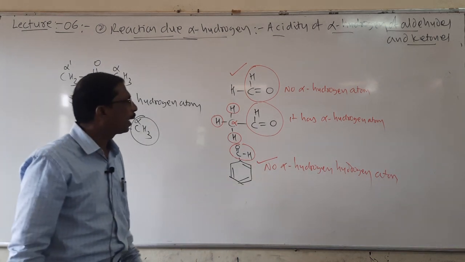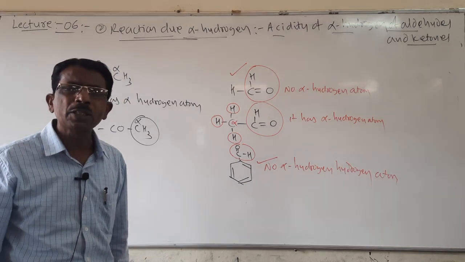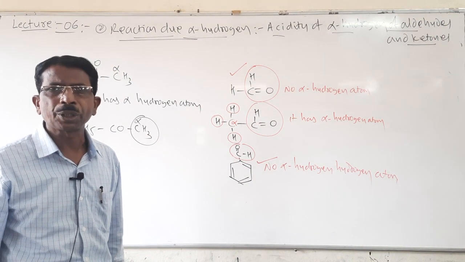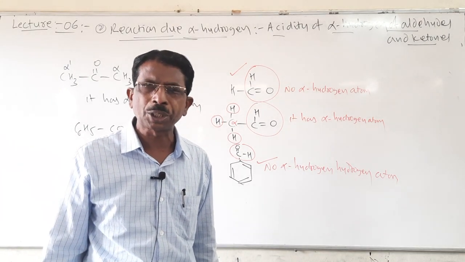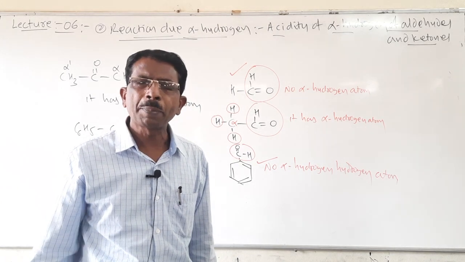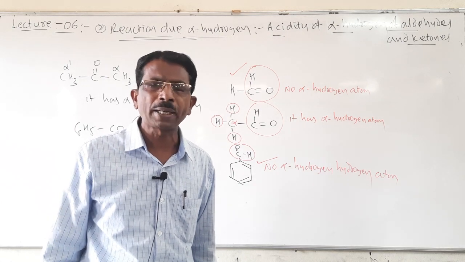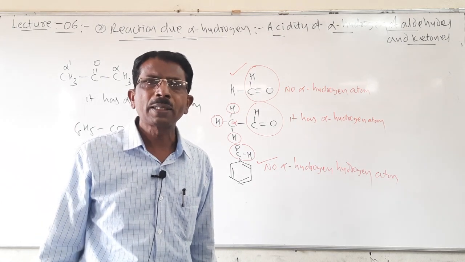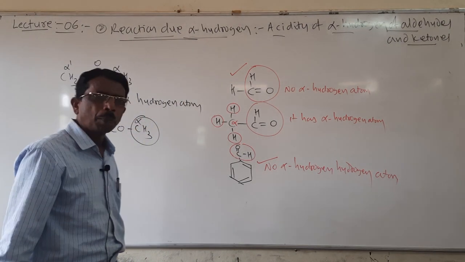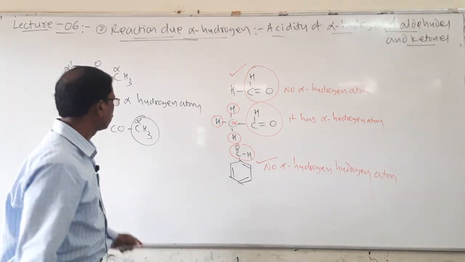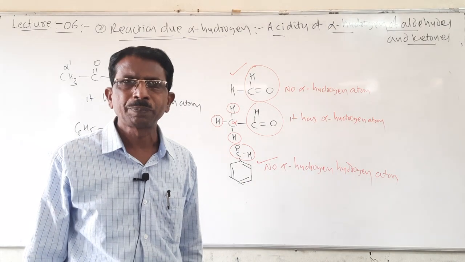Therefore formaldehyde and benzaldehyde do not contain alpha hydrogen atoms and do not undergo aldol condensation. Students, they may ask in the examination why formaldehyde does not undergo aldol condensation. Because formaldehyde and benzaldehyde do not contain alpha hydrogen atoms, meaning the alpha carbon atom is not there and therefore alpha hydrogen atoms are absent. Only acetaldehyde, propanaldehyde, butyraldehyde, acetone and acetophenone undergo aldol condensation.